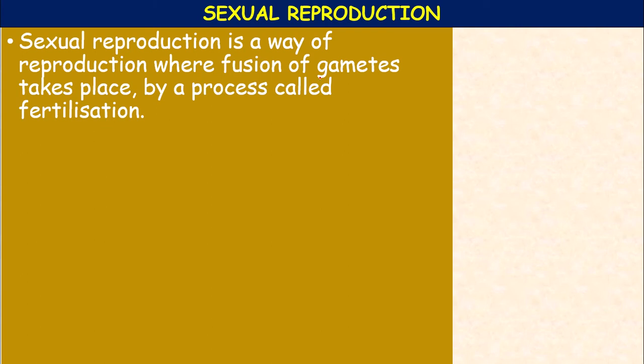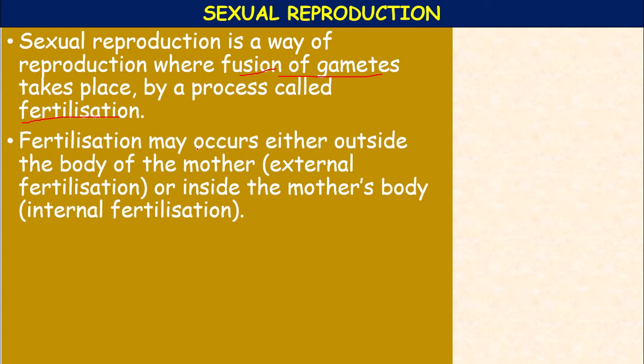Sexual reproduction is where the fusion of gametes takes place. Okay, this is a very important concept. Fusion of gametes takes place by the process of fertilization. In asexual reproduction, there is no production of gametes, there is no fusion of gametes. Fertilization. This fertilization may occur